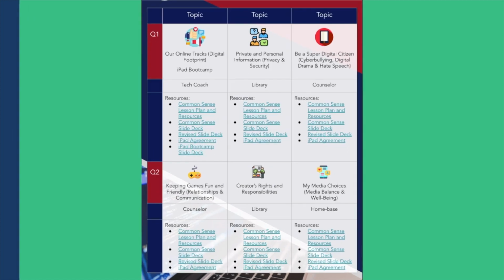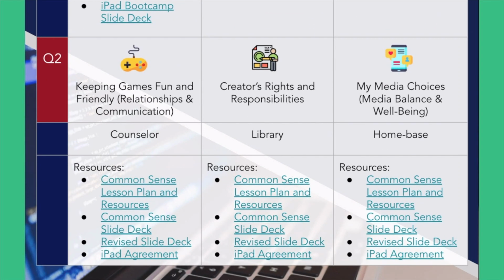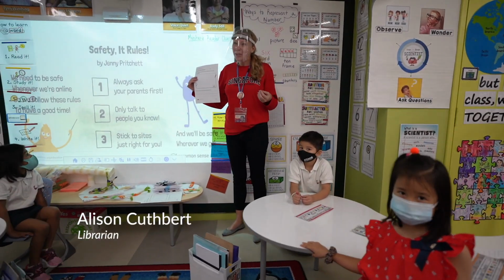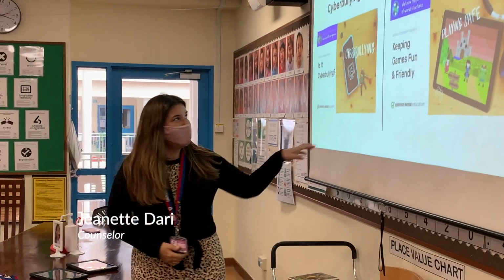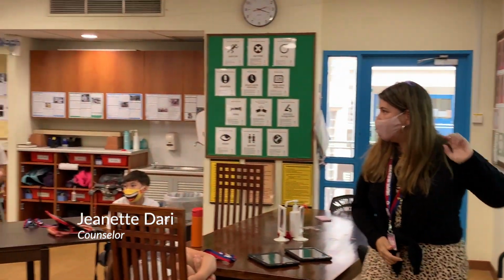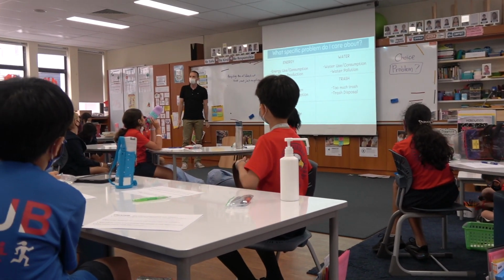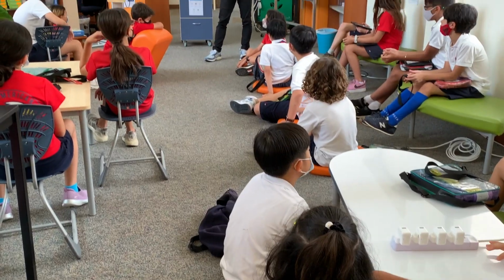So for example, in quarter 2, the counselor, the librarian, and the homeroom teacher will be doing a digital citizenship lesson. The goal for this collective approach is to show that equipping students with digital citizenship skills is a common objective by all adult stakeholders of the school, and that is a community effort. It shows students that every adult shares the same attitudes, beliefs, and practices for responsible and safe technology use. Digital citizenship shouldn't be modeled and taught by just the homeroom teacher or only by the school's tech teacher or the edtech specialist. These skills should be taught by everyone.